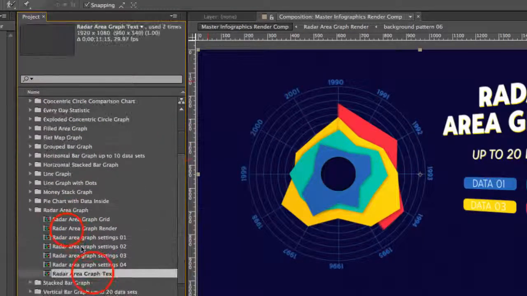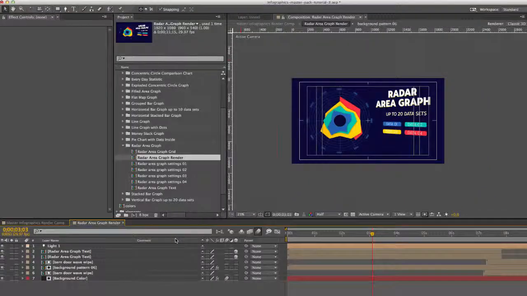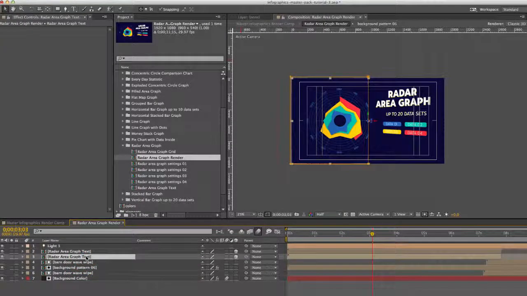And let's open up the Radar Area Graph Render comp. Double click to open that up. And this is the comp that you can render if you would like to just render this one particular chart as its own movie. And in the timeline, our first two layers are the Radar Area Graph text pre-comps, and